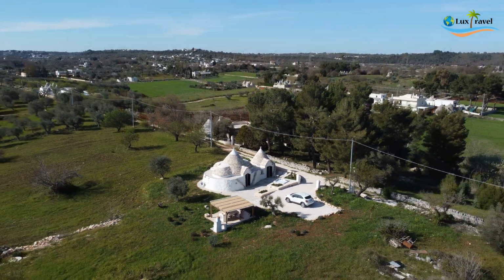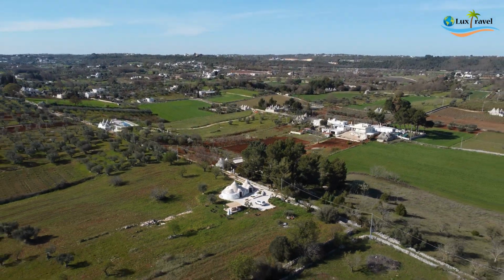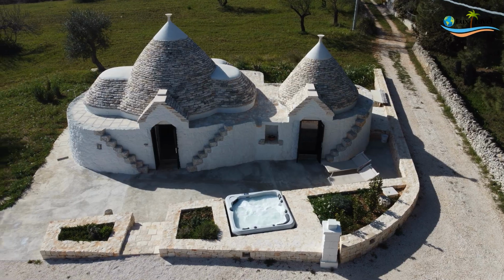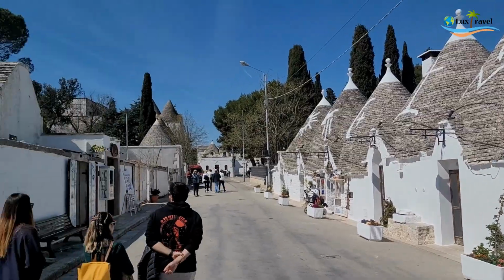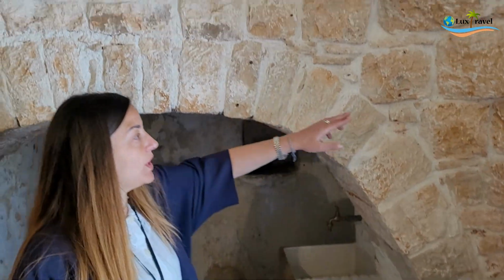So this Trullo is actually in the countryside. It's very serene, very quiet. So for those who like peace and nature, this is for you. If you're like me and really like a high activity area, this Trullo is not located in that area. It's in the countryside. So if you're interested in learning more about Alberobello, the World Heritage Site, check out my